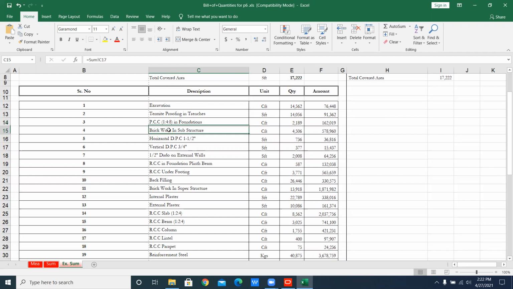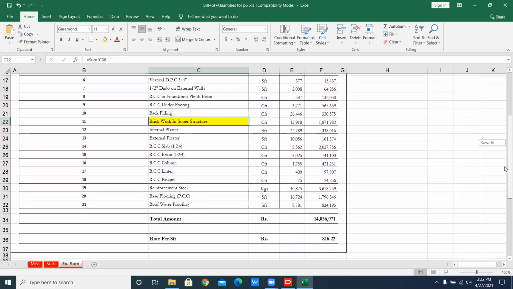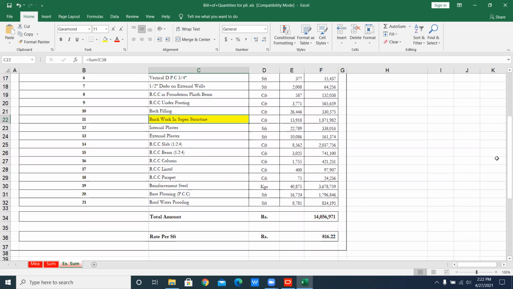Then base work in substructure, brickwork, horizontal DPC, vertical DPC on the external wall, foundation in plinth beam, under footing, backfilling, that way. After that, the work starts from here. That is your superstructure. It means up to the top where you are sitting right now, this is superstructure. For this we have created the WBS in order to distribute our work.